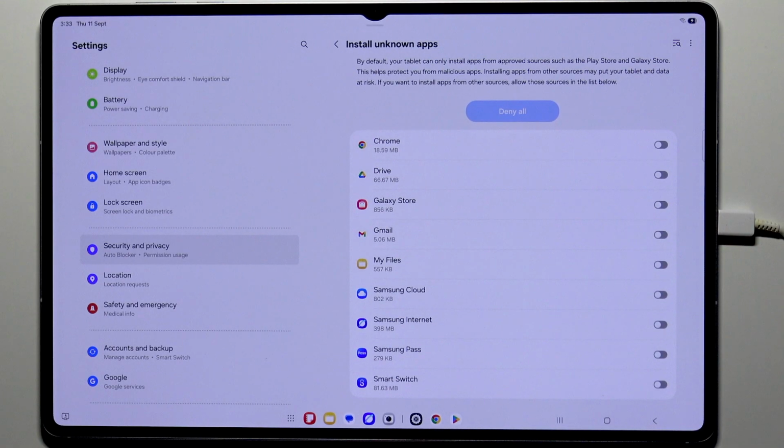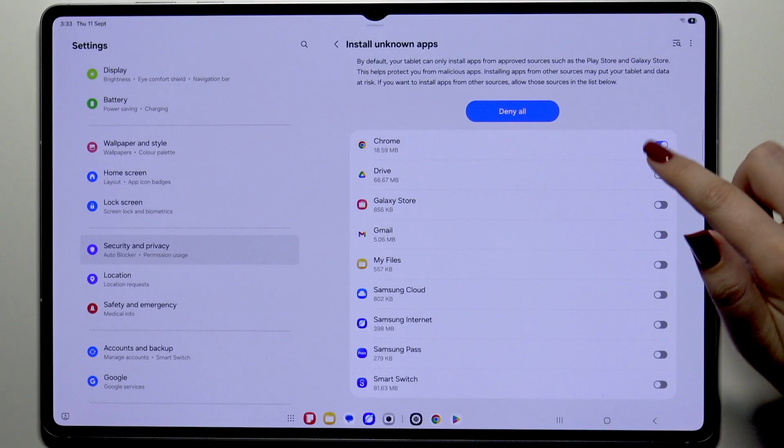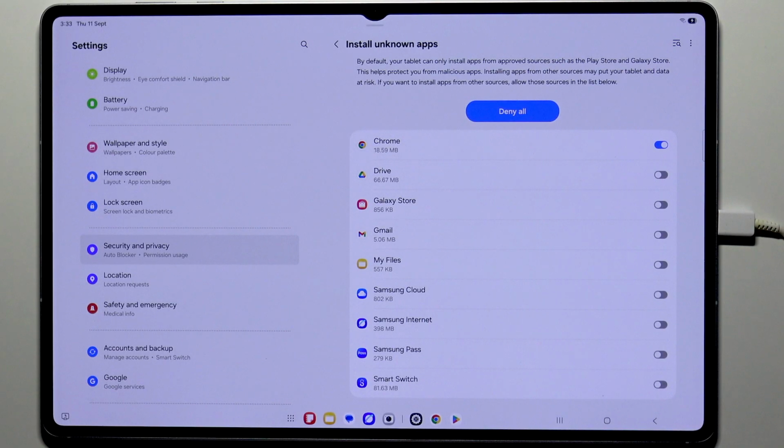And as you can see, right here we've got the apps which are allowed or not allowed to install some content, and obviously you can change it. Just tap on the app, the switcher next to the app. And from now on, since this option is active, the Chrome in my case is allowed to install some content,